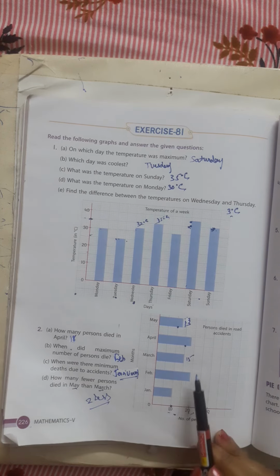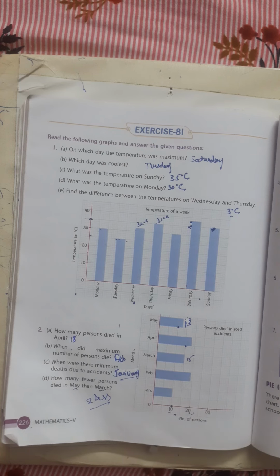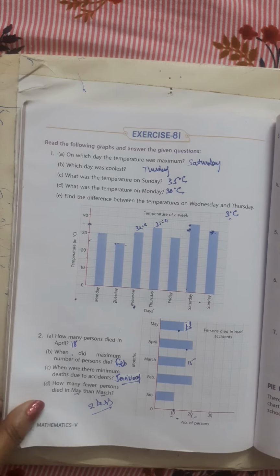Now we'll subtract 13 from 15, we'll get 2. So how many fewer persons died in May than March? So 2 fewer persons died in May than March. In this way we can read the bar graph and we can find all the given answers. Now we are doing